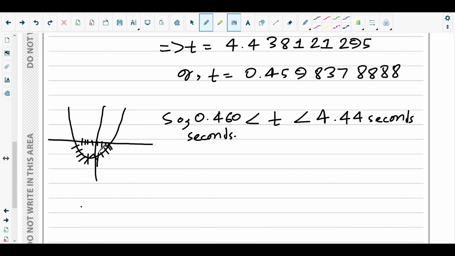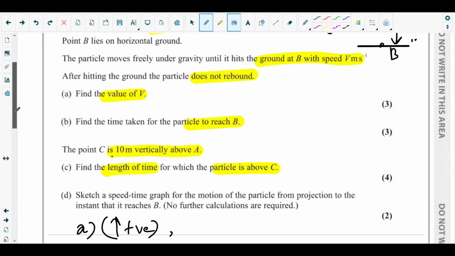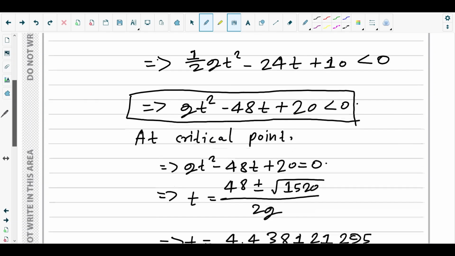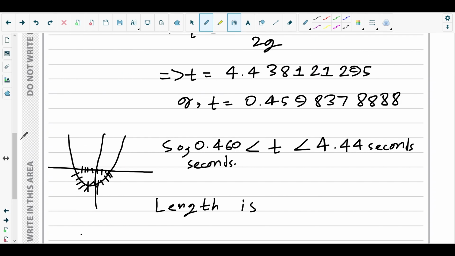I think they have asked here for the length of time, right? Find the length of time for which the particle is above C. We need to find out the length. Length of time, so we need to go for the difference. Range is not required. I have the exact value for 4.44, that's a benefit. 4.443